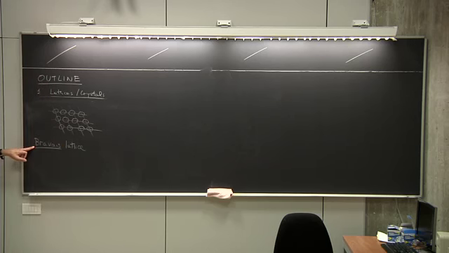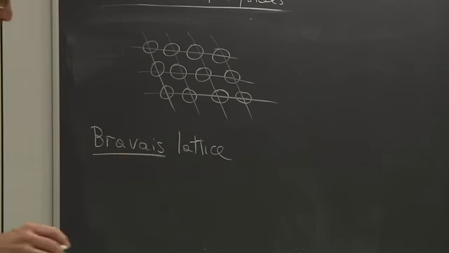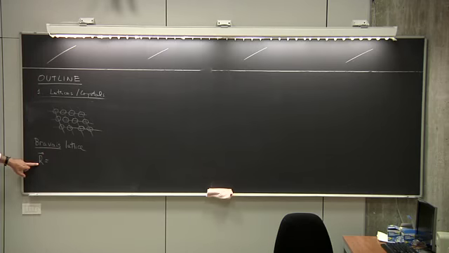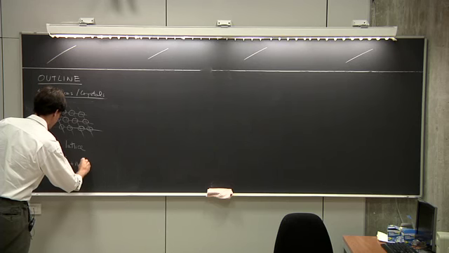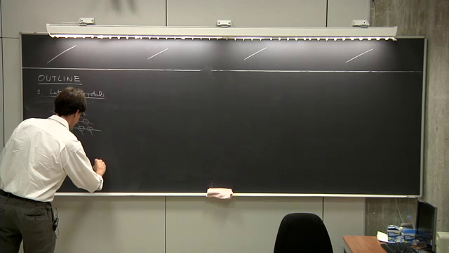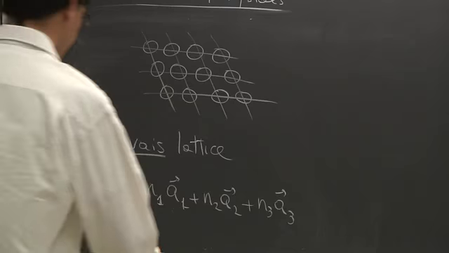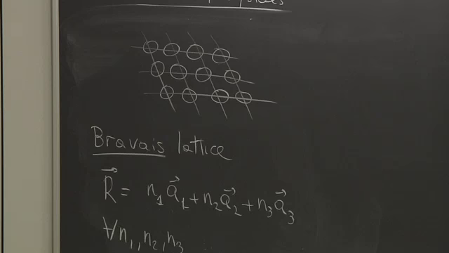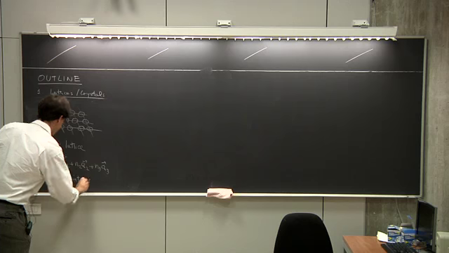Notice that I'm giving it a name, Bravais lattice. What is the Bravais lattice? The Bravais lattice is a geometrical concept. It's the set of all R's, all vectors R that can be written in this form: N1 A1 plus N2 A2 plus N3 A3, where N1, N2, and N3 are integers, positive and negative, of course,